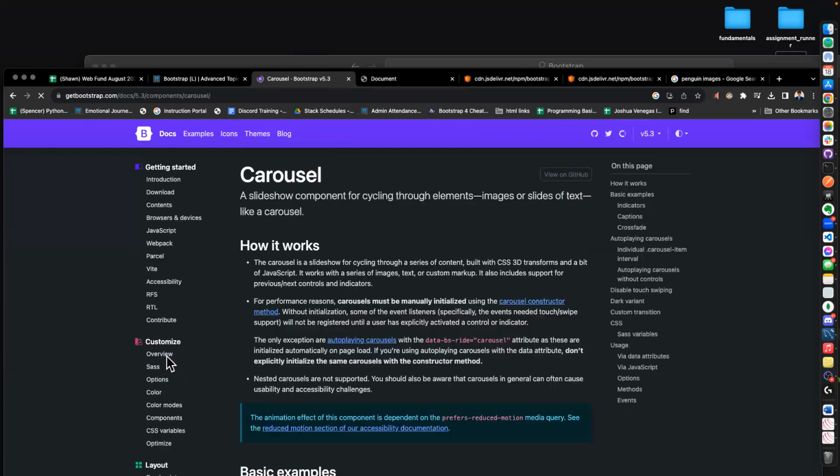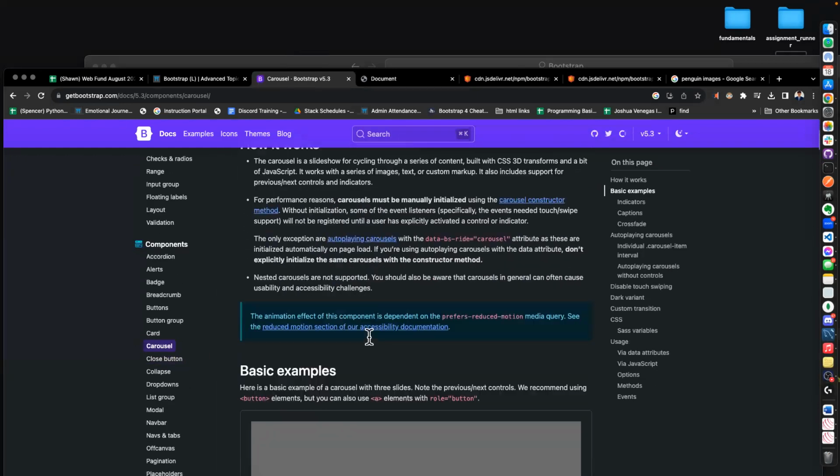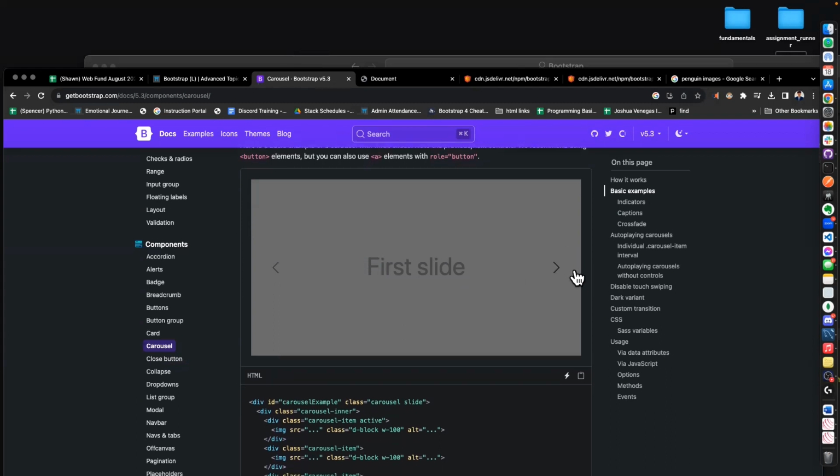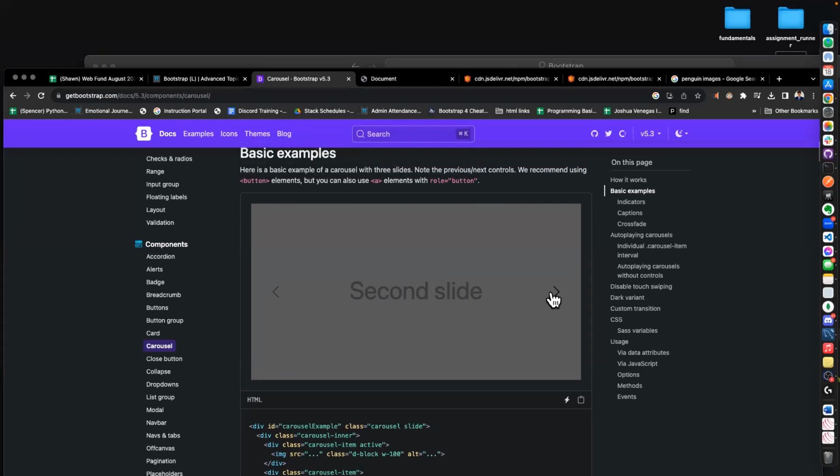Let's look at a carousel. Carousel is like my favorite one, even though it's kind of hard to make it work perfectly. So let's see how this works. And for this one, we have to have some more images. Okay, so let's look. This one here is describing a carousel. What does a carousel do? It cycles through